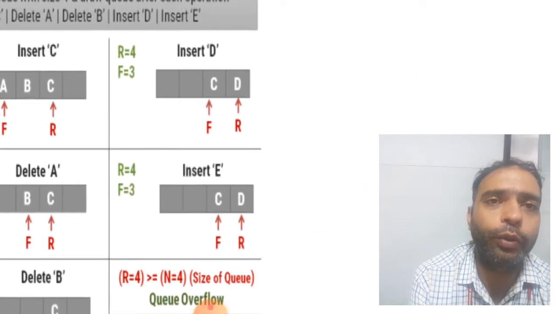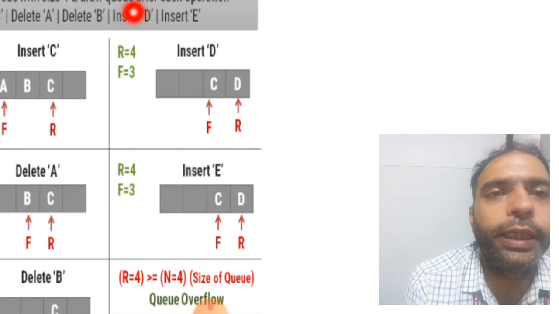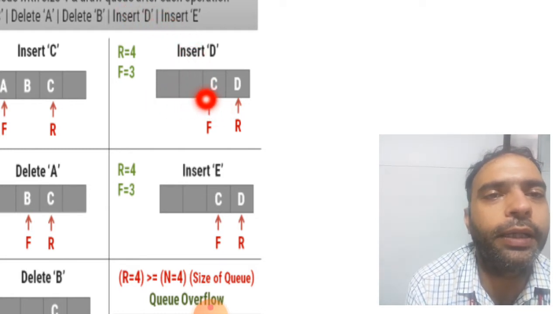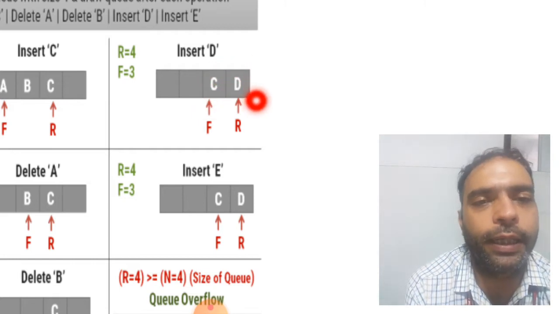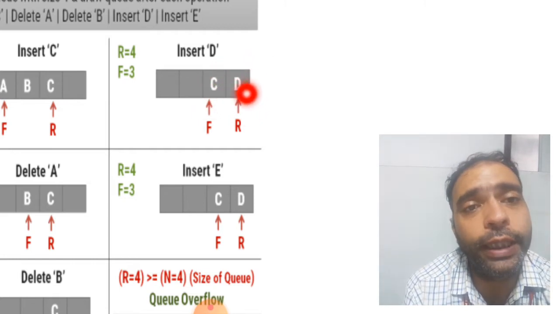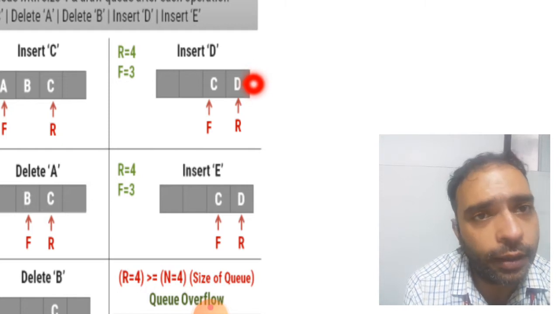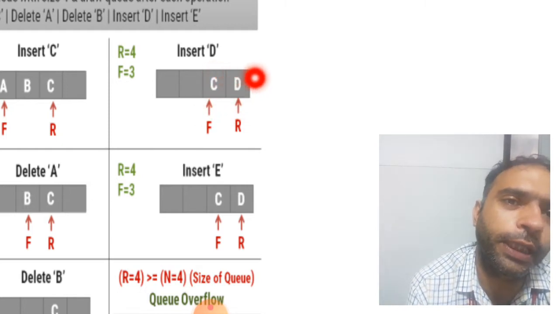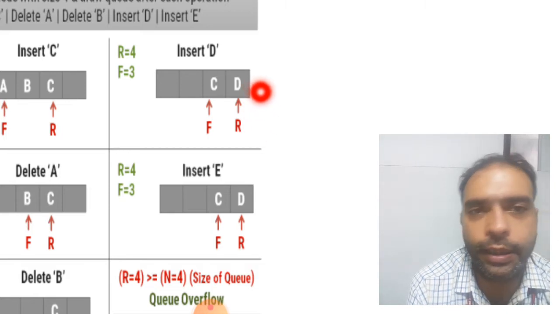Now again we have to insert D. So insert D यहाँ पे किया हुआ है, तो R की वैल्यू तो यहाँ पे C पे थी, तो यहाँ पे पीछे वाले में इंसर्ट नहीं करेगा, वो आगे नेक्स्ट वाले में इंसर्ट करेगा. That is equal to D here, that is given, right? So F is pointed towards C and R is pointing towards D, right?